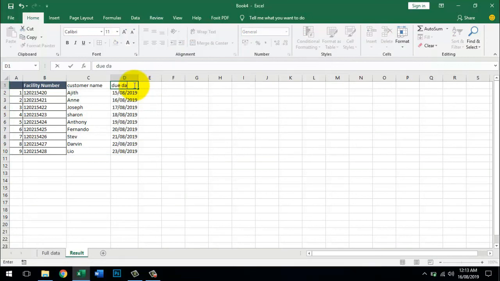This is the method to use VLOOKUP to get the data on another